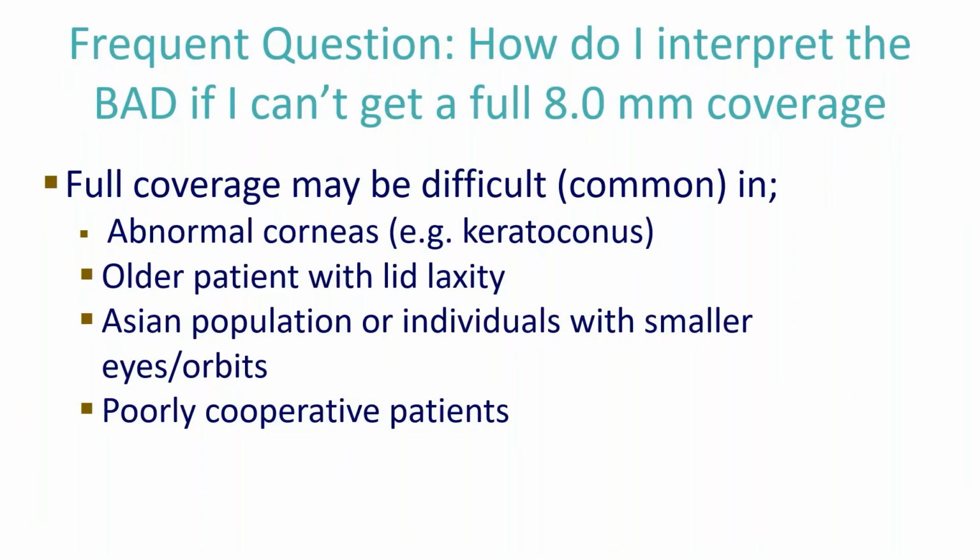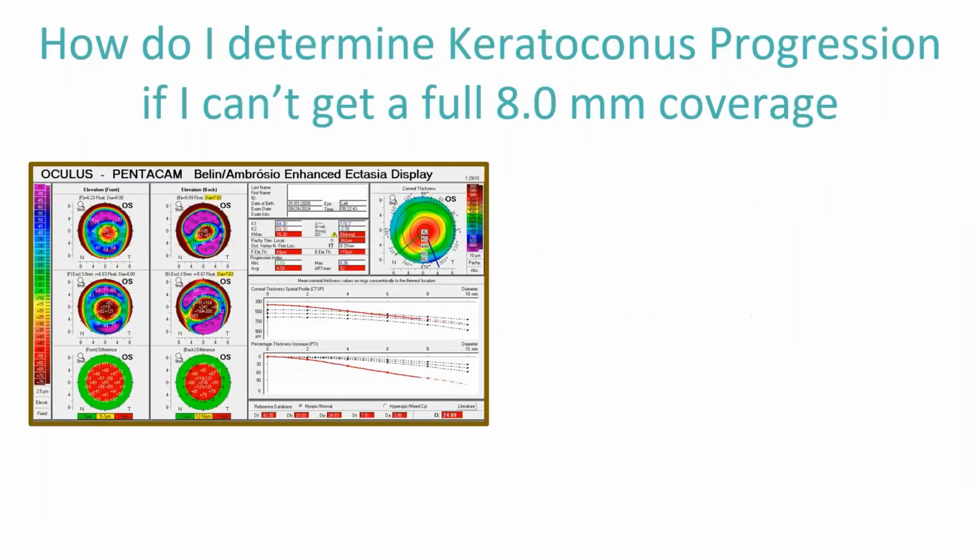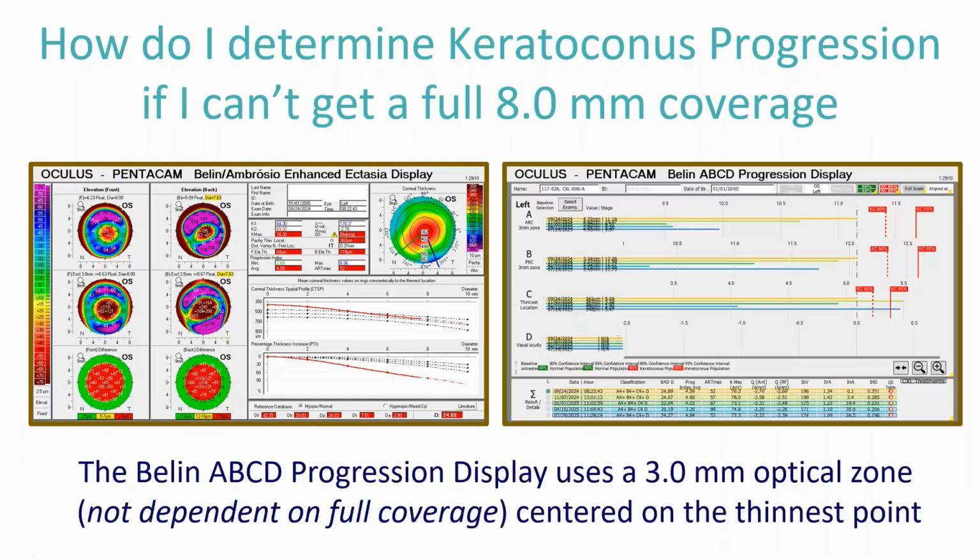So how do you interpret if you don't get a full 8 millimeters of coverage? Let me use one example first. Let's say I'm following a patient with keratoconus, and when we're imaging keratoconic patients, you can see here an example, we're only having 7.63 millimeters of coverage on the back surface. Keratoconic patients are notorious for not always getting good coverage, and coverage can vary from exam to exam. Well, that's the benefit of the